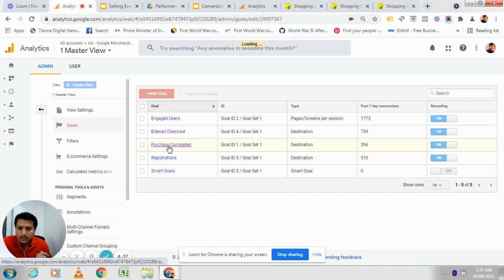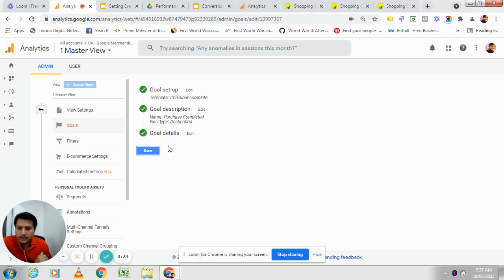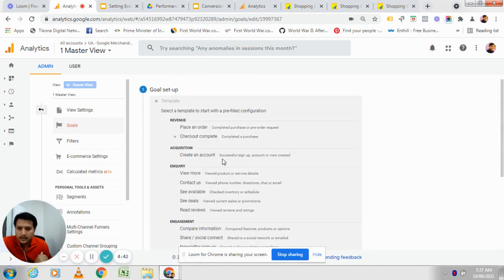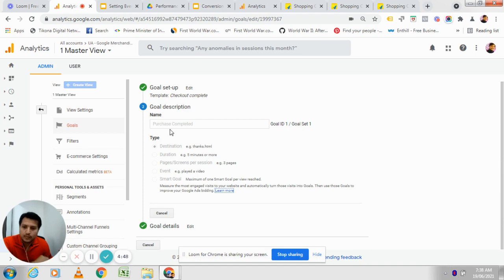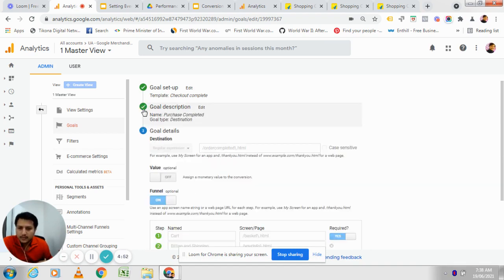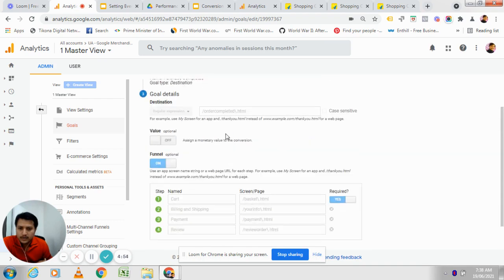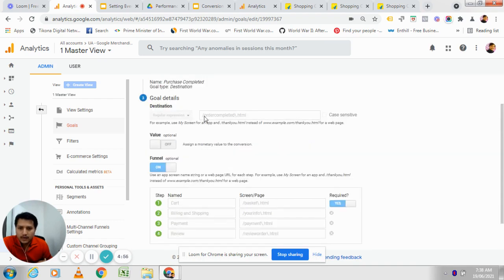Then coming to the purchase completed phase, this is basically a template which is used here, like checkout complete page. Then you can move to this particular goal description. Here it is purchase completed. The moment you go to goal details, you can see here in detail. Now what is the destination? The destination is order completed. When you make a complete order,